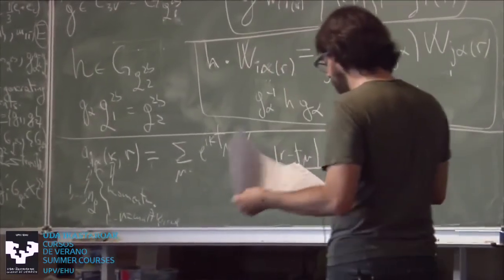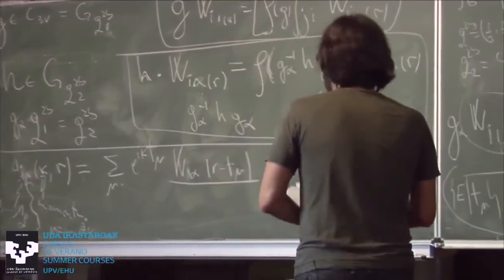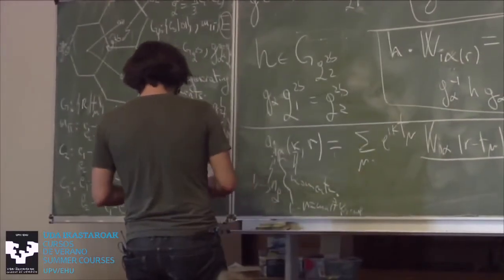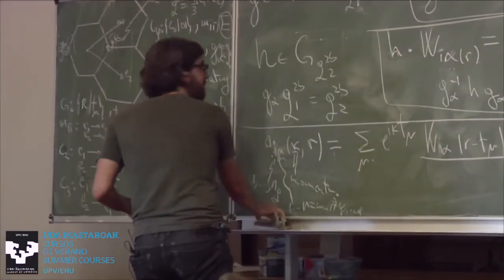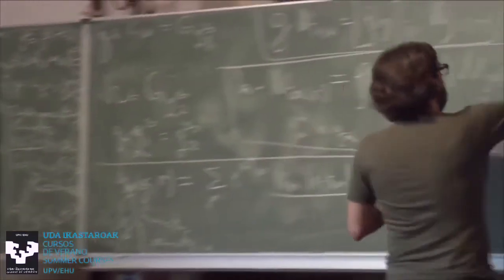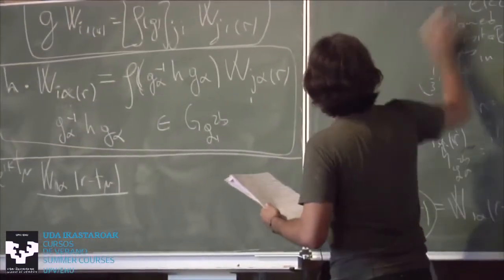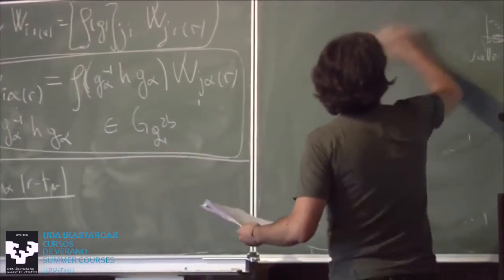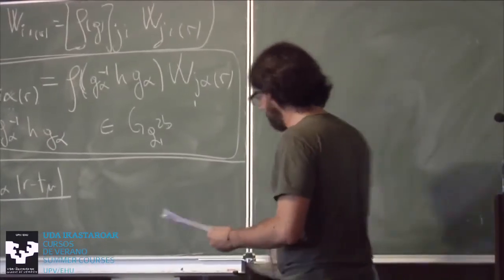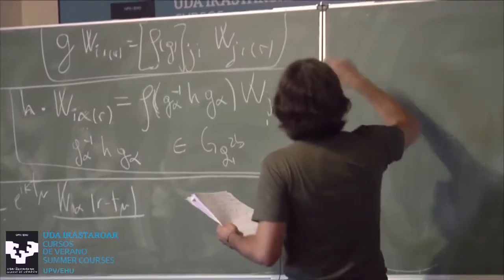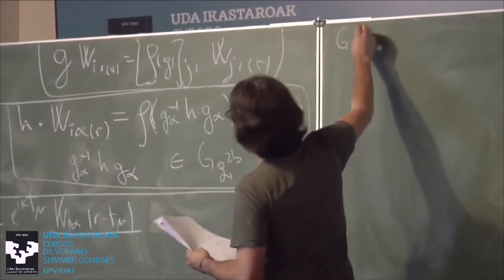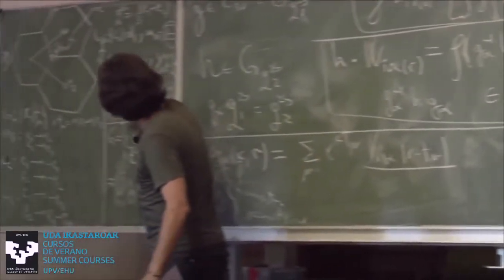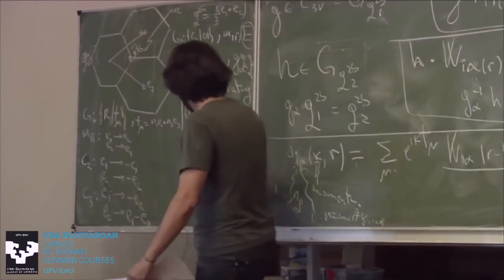And what I need to do is find the action of an element of the space group on these bases of states. These are bases of states. I need to find the action of an element of the space group on this basis of states. So I told you that the space group G is just a union of coset representatives, which in this case are 1 and C2, times the site symmetry group.